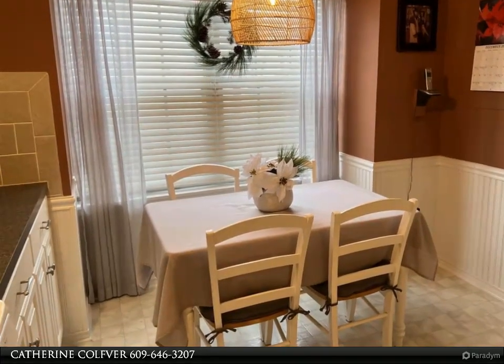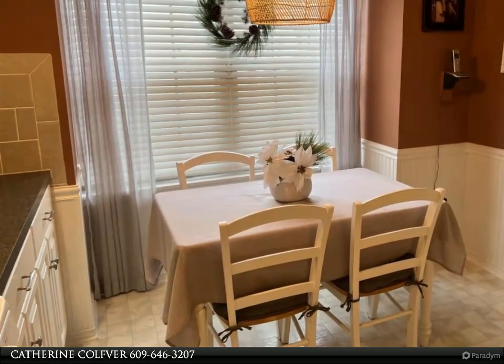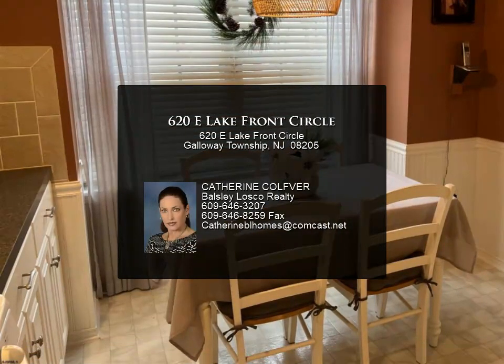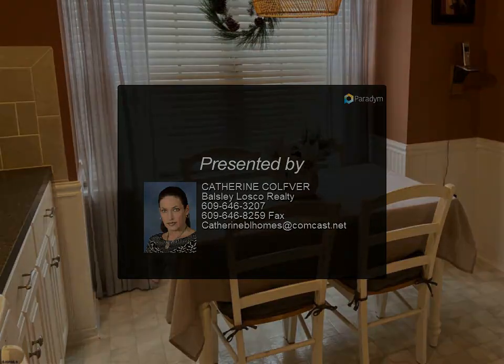There's also a 1-car detached garage which is good for additional storage. This is a perfect location located in Smithville, close to shopping and fine dining. Your HOA fee includes 2 clubhouses, pool, playground, and